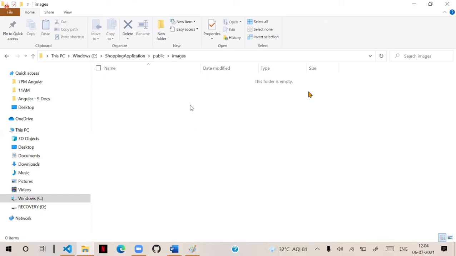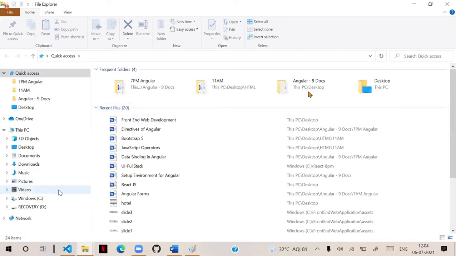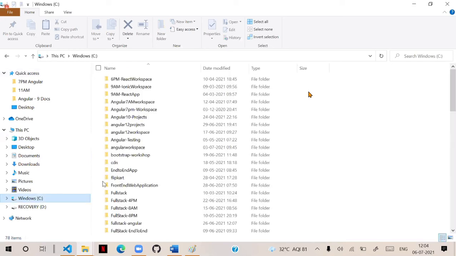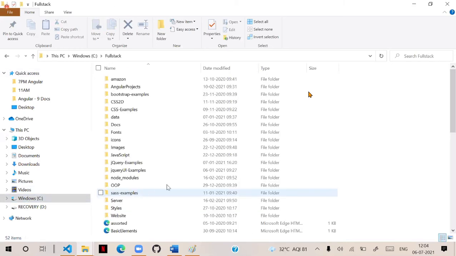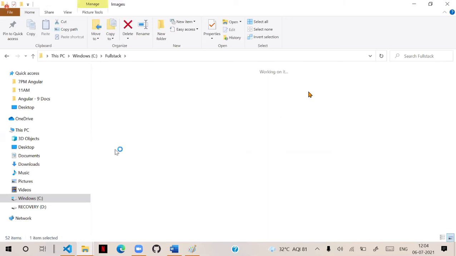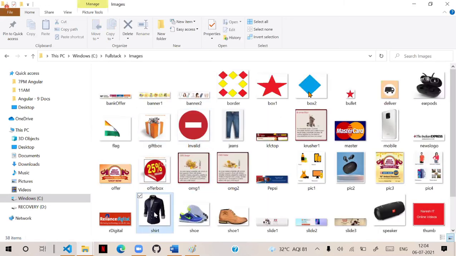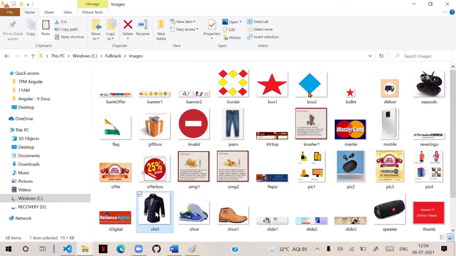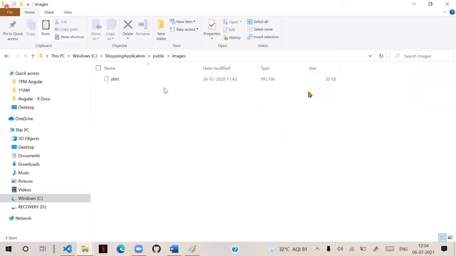That means if you have any photo on your computer, go there and copy any image. Suppose in my computer, I have a shirt photo. I will copy that shirt photo and paste it inside this, that is shirt, and it is a JPG file. Some image I kept in the public images folder.